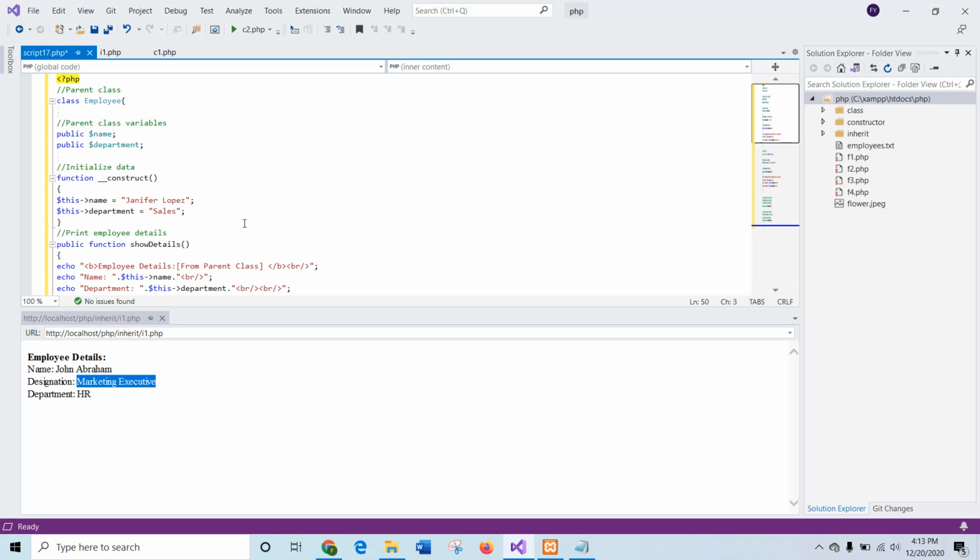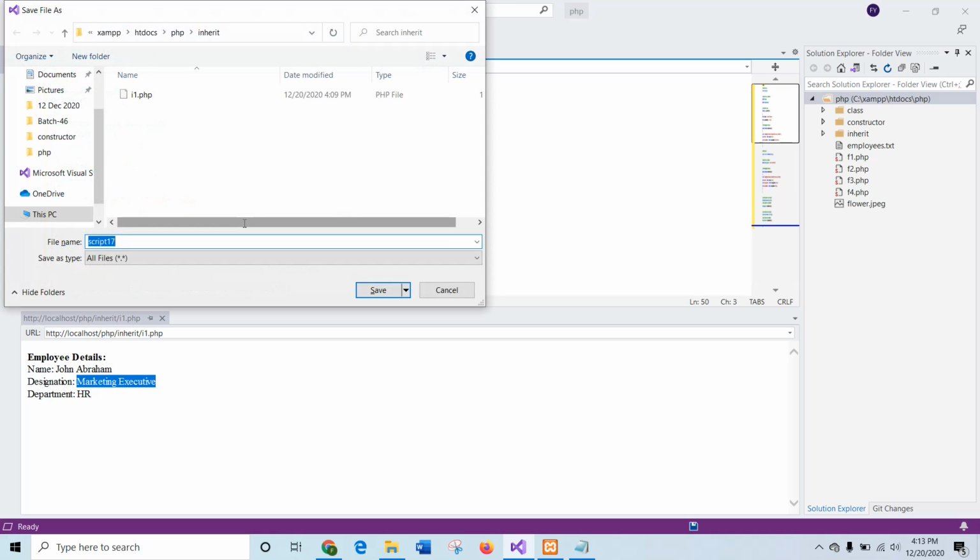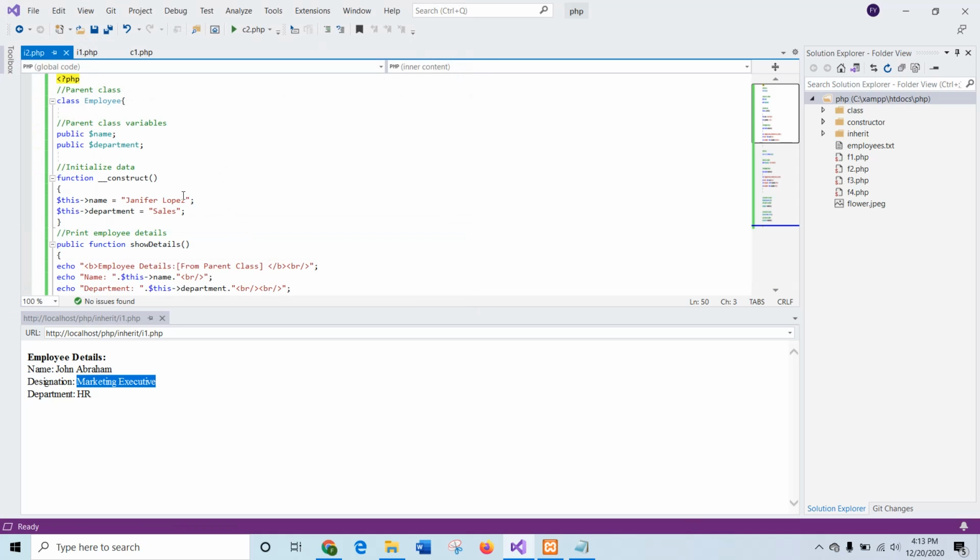And I will save the file first with i2.php. And here, in the same way, two classes are created. One parent class is employee, and that has two properties, and it contains a constructor that will initialize these properties,